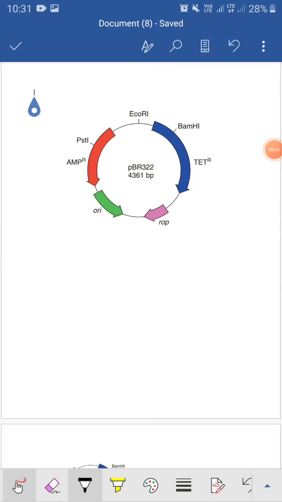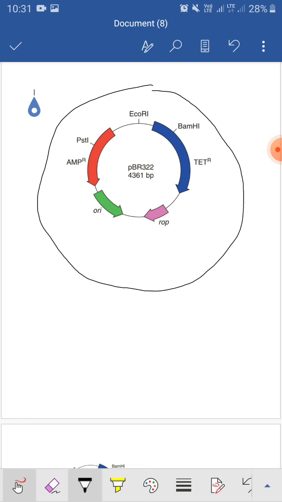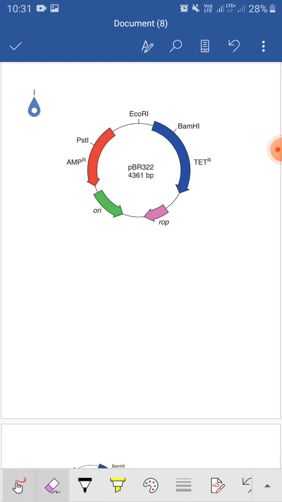Hello friends, in this video I will explain the structure and the selection procedure of the pBR322 plasmid. This is the general structure of pBR322. You can see it is composed of an origin of replication, the site where the replication starts, then a ROP gene and a tetracycline resistance gene and